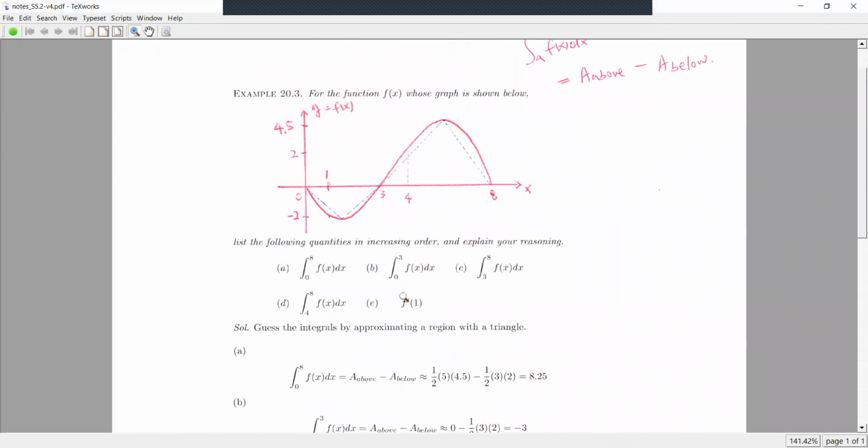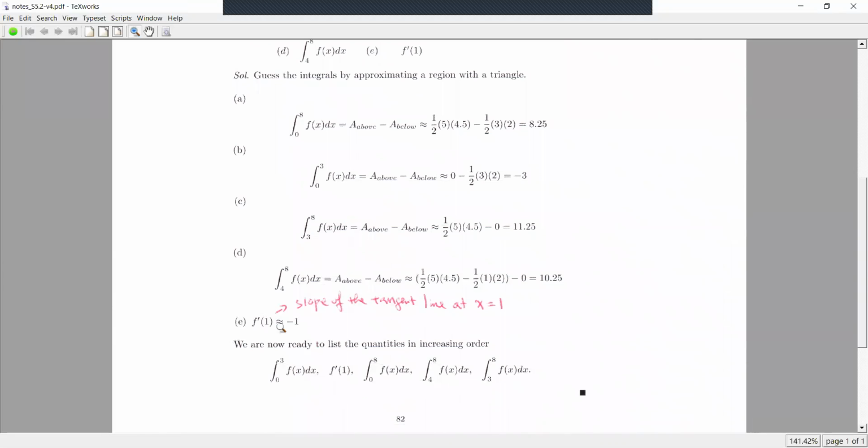Finally, the guess on this derivative f1. Recall that the derivative is the slope of the tangent line. So draw a tangent line to the graph of the function f1. Draw a tangent line, and guess the slope of the tangent line. Roughly, it is -1. So this quantity is roughly -1. Okay, now with this information in hand,